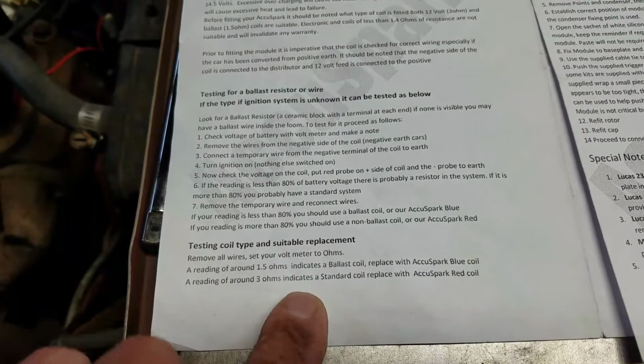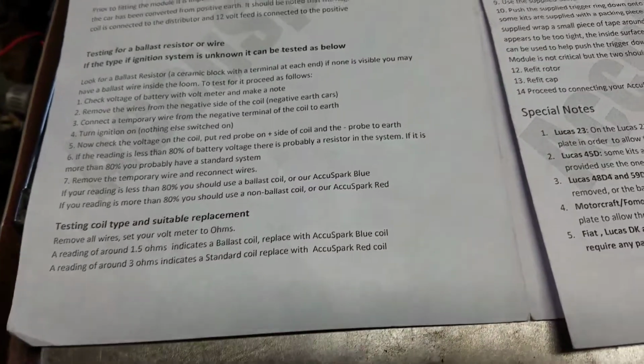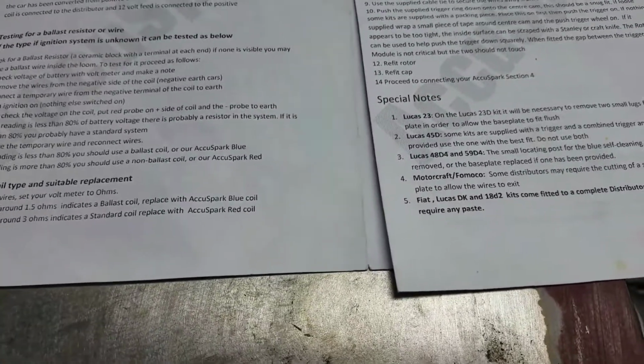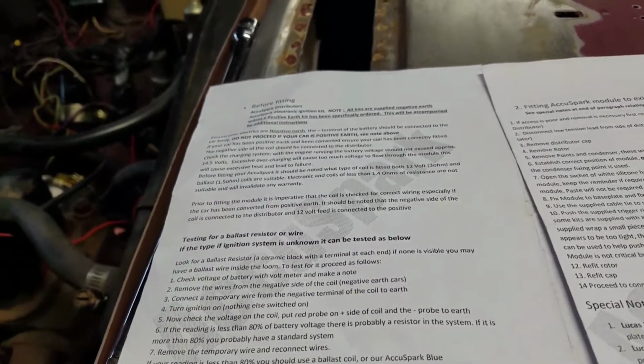Now the thing is, the instructions also say, and it also talks about the ballast resistor, okay? This tells you what type of coil you got. It's really easy. You could actually go online, it shows you how to do this. If I can find that one, I think that's a Moss Motors YouTube video where he shows you how to tell whether or not you got a ballast resistor coil or a non-ballast, a standard coil, okay? What puzzles me especially about this one,